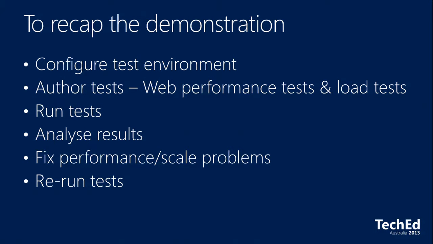So to recap that, you've got to configure your test environment. Okay, that's one of the biggest challenges, getting the machines rolled out, getting the agents installed, getting them connected to the controller, and so on. You've got to author the tests, run the tests, analyze the results, fix the performance and scale problems, and go and rerun the tests. So I had an opportunity there to rerun that test, and one of the things that I didn't show you, and I'm being mindful of your time and getting you out to those buses, was in the toolbar there was an Excel icon. So you can basically say, I want to report on this in Excel. It'll open that data in Excel. I really wanted to show you that.